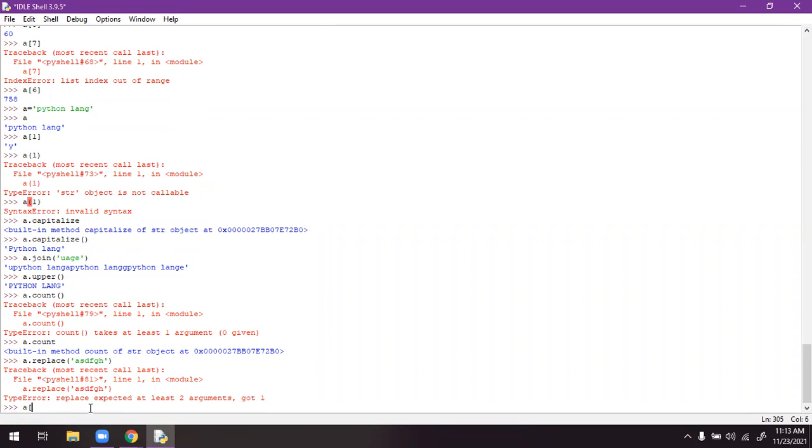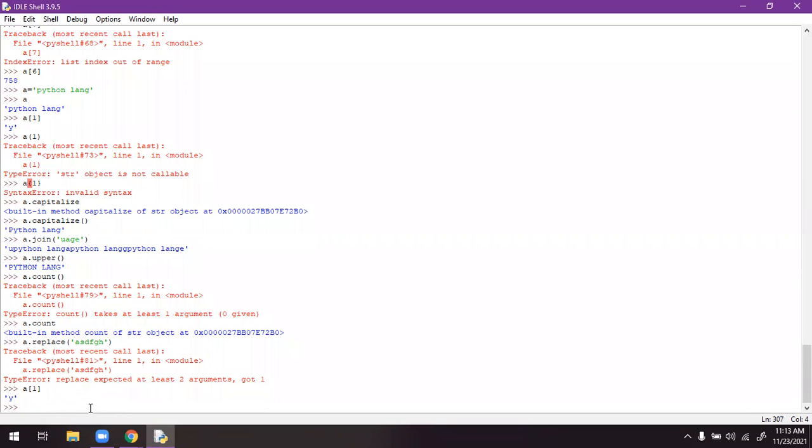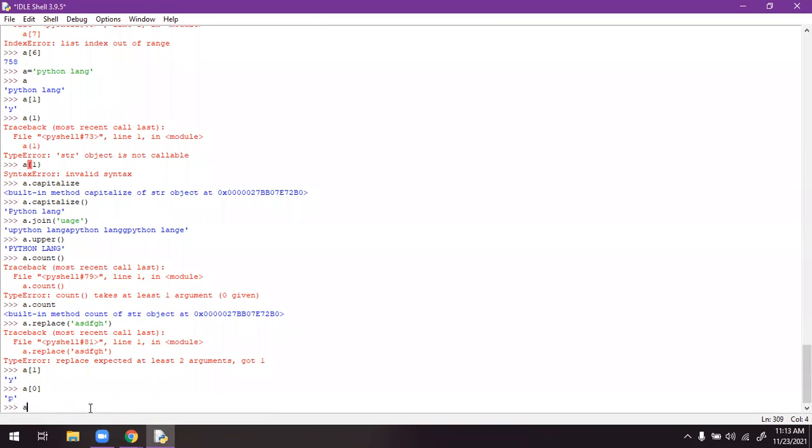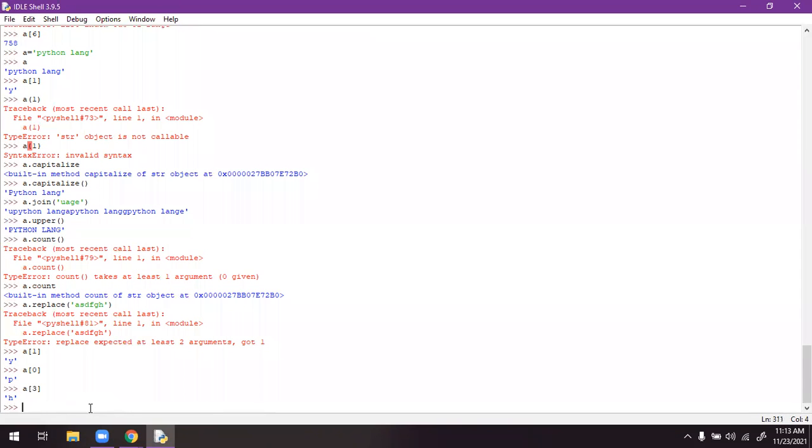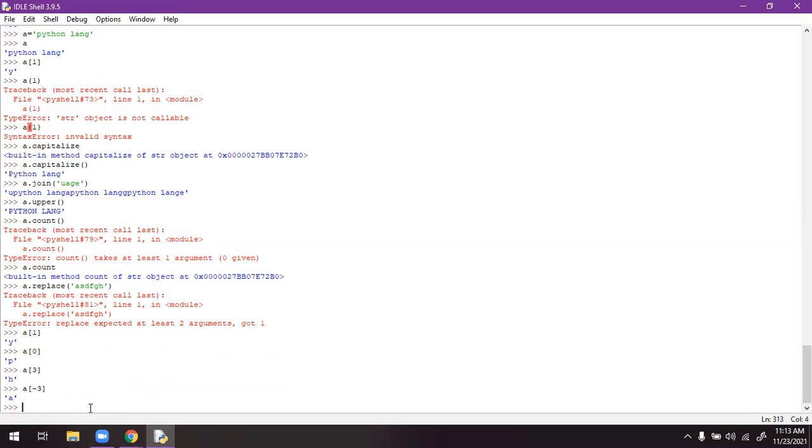The zeroth index is P, then the first index, the second index, the third index. We can use the negative index concept also. If you type minus 3, we will get a. Why?